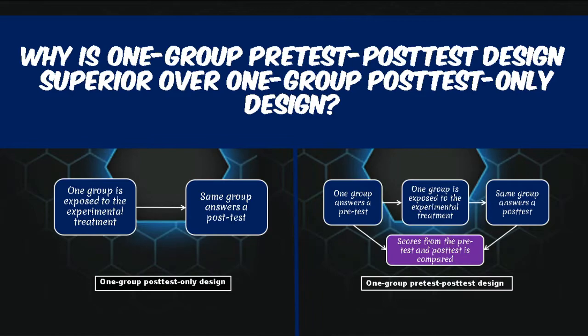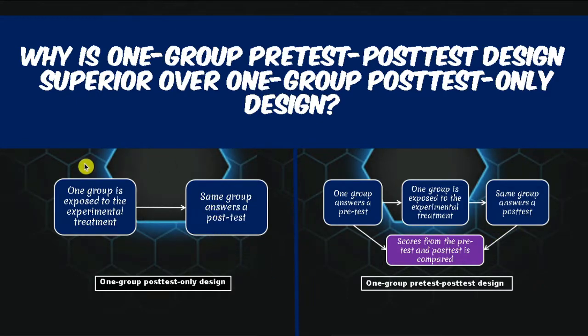Now, we have a question here. Why is one group pretest post-test design superior over one group post-test only design? Because yes, the design involving the pretest is more superior. Well, obviously in this design, we have a baseline, a comparison group. Actually, there's only one group here, but at least we can compare something here. We know whether there's an increase or decrease or none at all with the construct or variable that we are